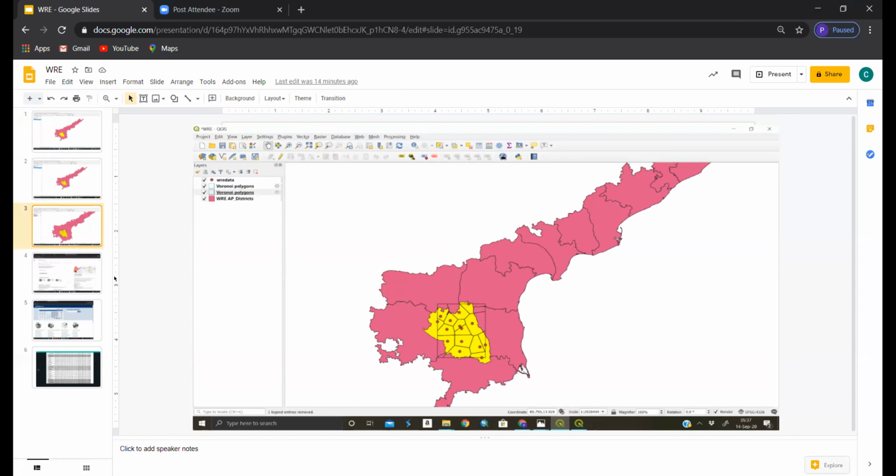Purnachandra, you should present it in a much better manner. You saw how other people were presenting. I understand all the limitations, but I'm saying this is for next time, not for this time. Next time when you present, I'll keep this in mind. Yes, Shri Harsha. I'm happy with most of your presentations. You've all done a decent job, but I want it to be better next time. That's all. Stop sharing so that Shri Harsha can start.